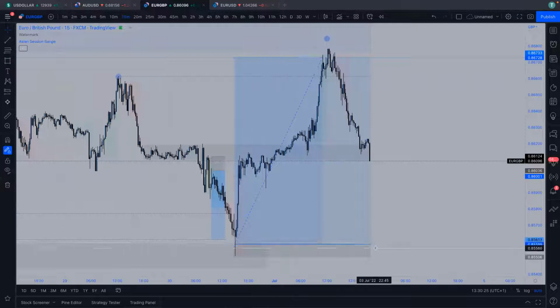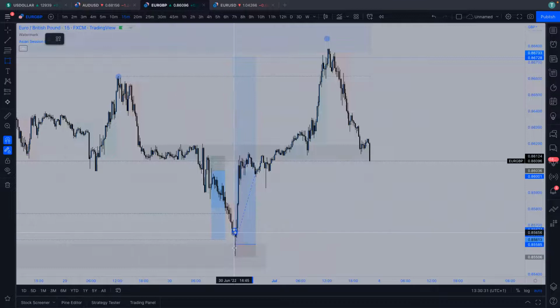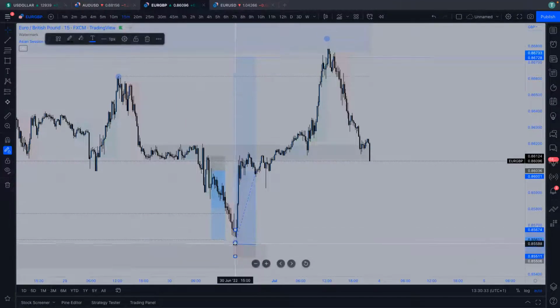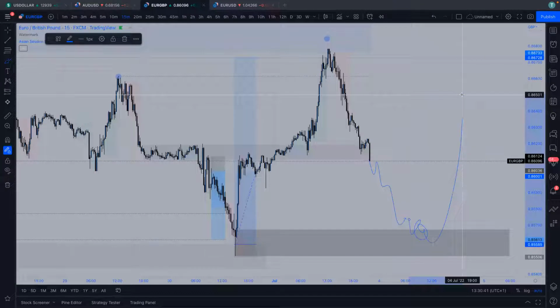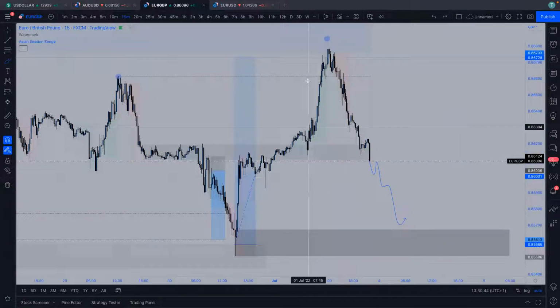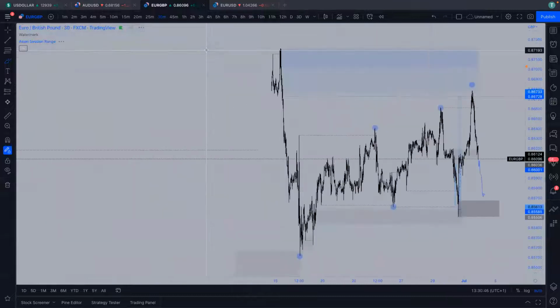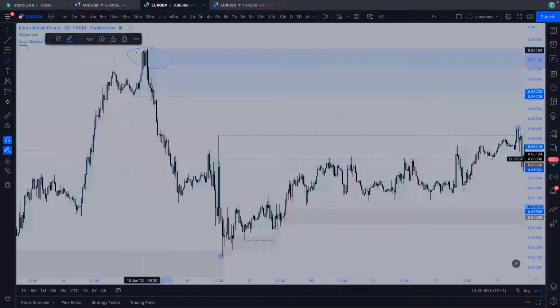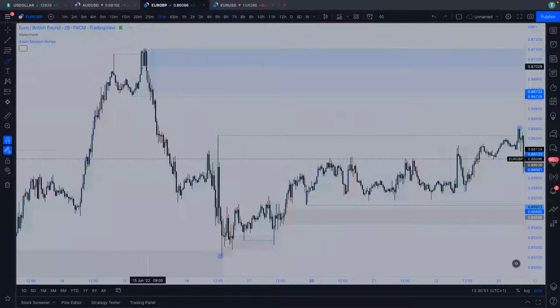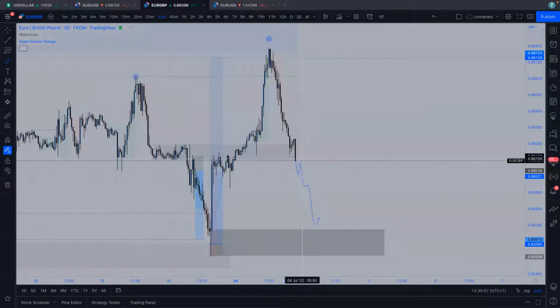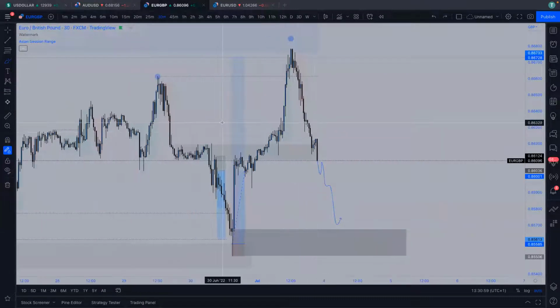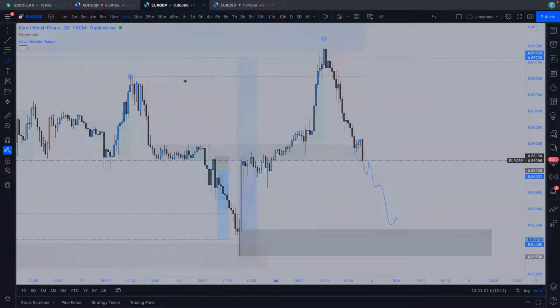So far at the moment, we do have this 15-minute play. So mitigation off a mitigation. So I'm going to be quite interested to see if price is going to want to trickle down, mitigate, reaccumulate, and then continue, and see if we can run some of this in here. We do also have a really nice 30-minute move in here, which actually swept this old market closure high. So that is really going to be interesting to see. I'm going to be quite interested to see what happens going into next week. But like I said, I'm going to sit on my hands and just wait for the time being.